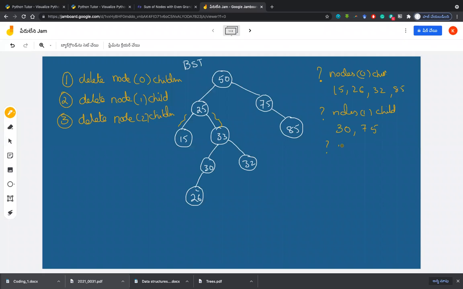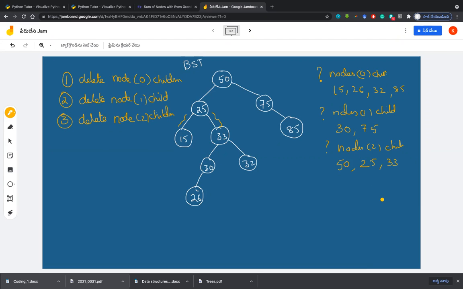Now how many nodes are there with 2 children? 25 and 33, sir. What about 50? Yes, sir. 50, 25 and 33. See carefully. So these are the nodes with 2 children.